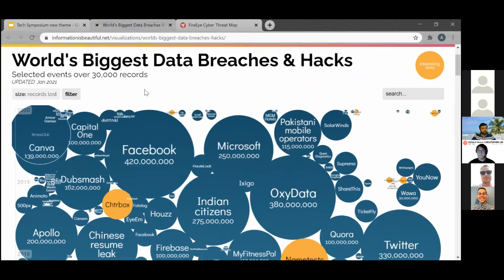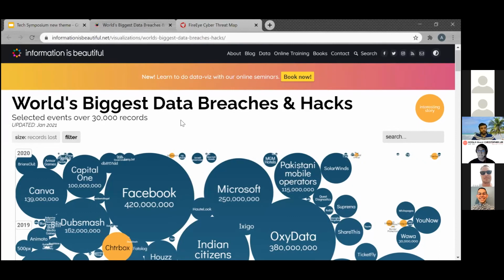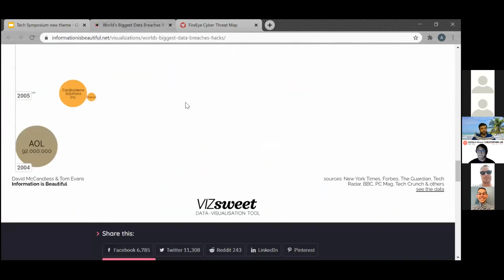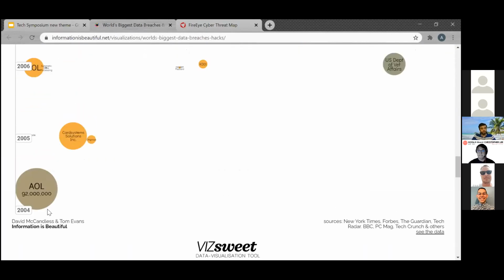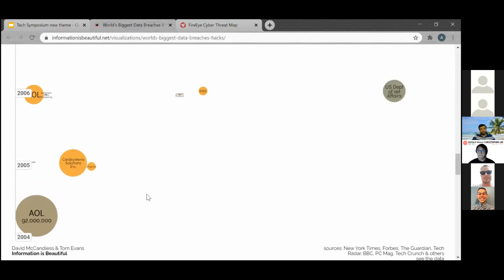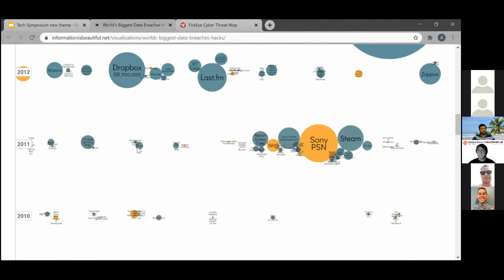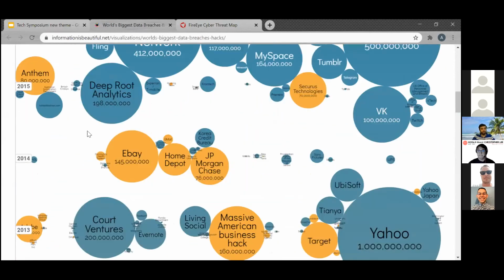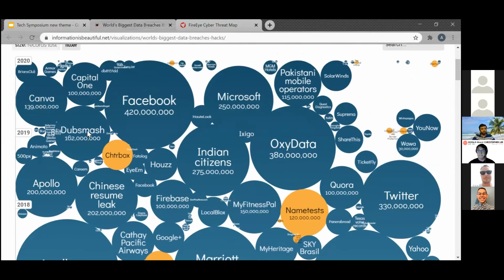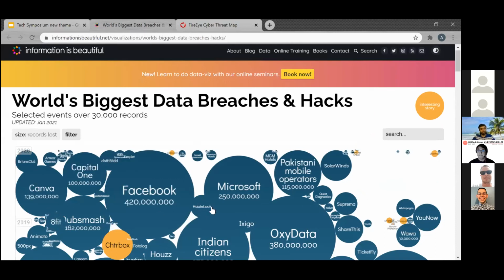It goes by the year. So for example, we're in 2020, and the earliest it goes back until is 2004. And as you can see, in 2004, we don't really have as many cyber attacks going on in these years. But as we go until 2013, 14, 15, all the way until 2020, we see more attacks